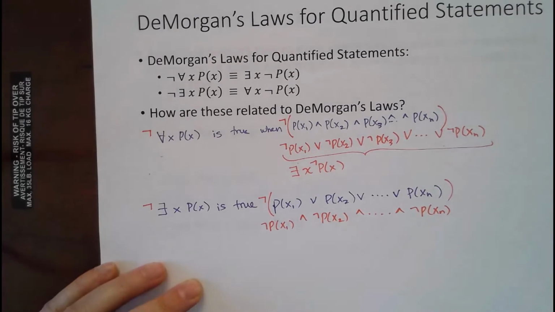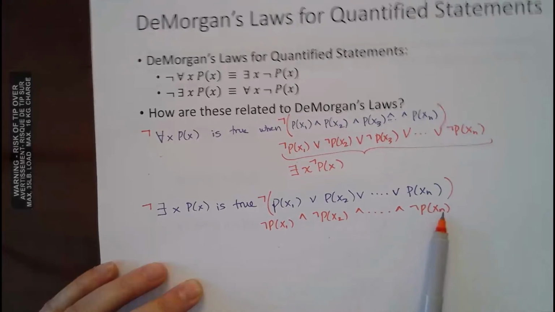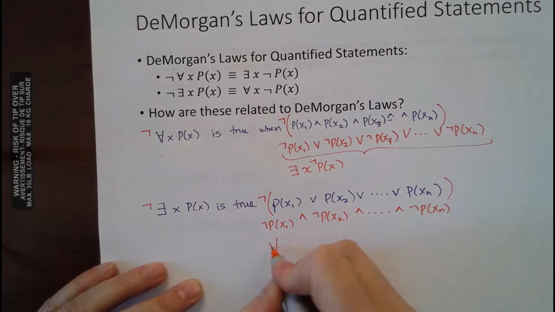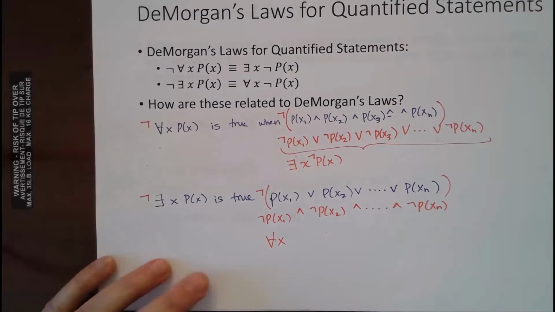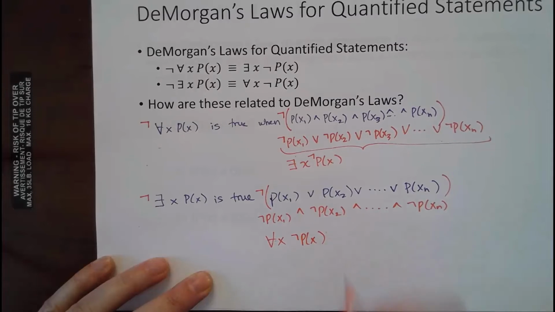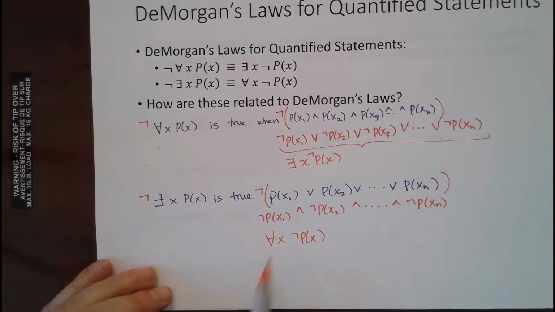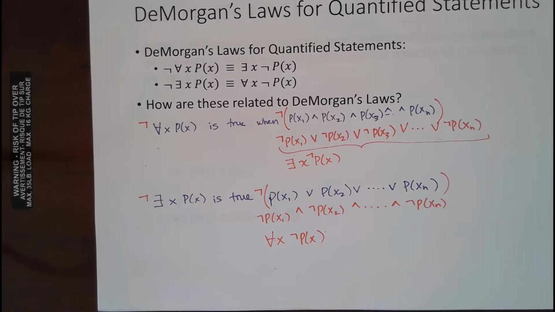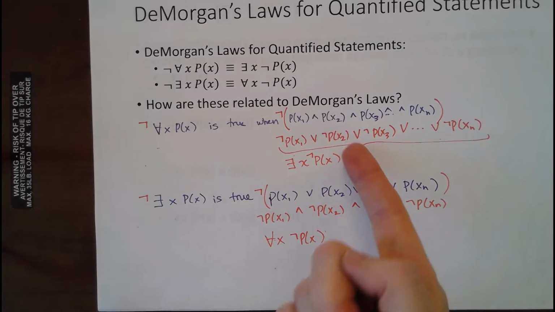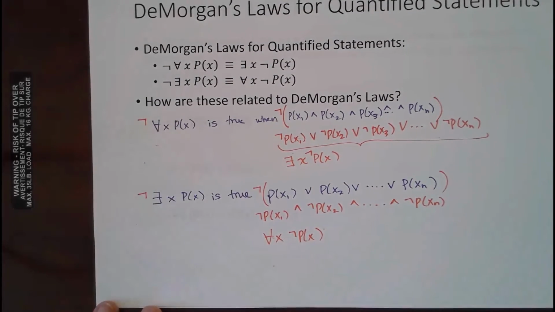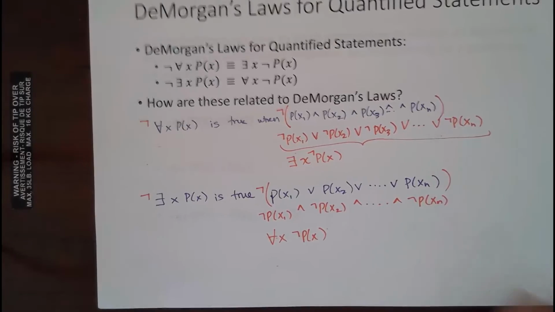Okay, and if I'm anding them all together, the only way for this to be true is if every single one of these is true. So that means that for every single x in the entire domain, not p of x has to be true. Right, so those are the same thing. So you might feel like, oh, well, De Morgan only applies to ands and ors. It's still applying to ands and ors, but that's how the ands and ors are related to these quantifiers. Okay. Does that make sense? Questions about that? Good? Okay.